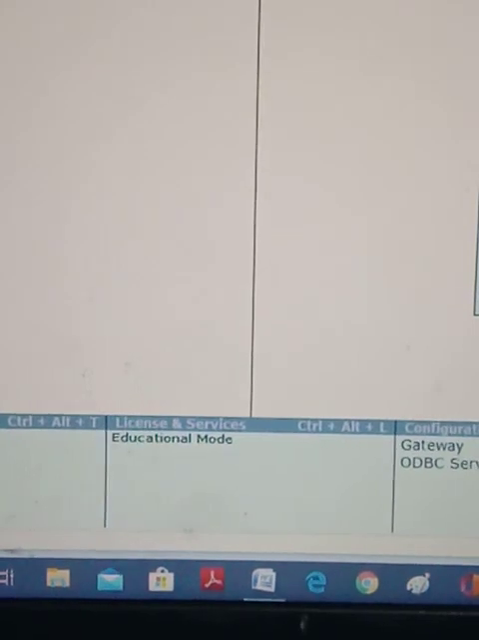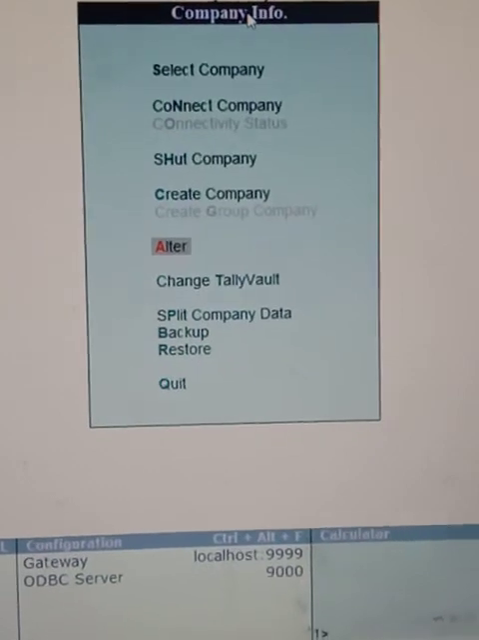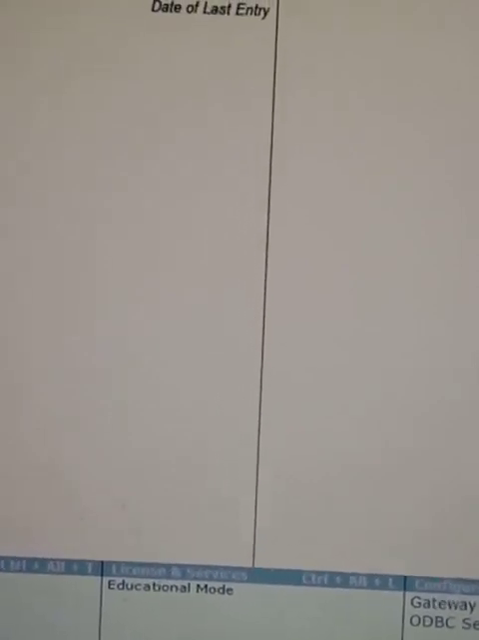Choose Company Information. Yes, we have to come to Company Information. In that we have to go for Shut Company. Again the list of companies appears here. So it is shut down, which means the company is deleted. So this was the